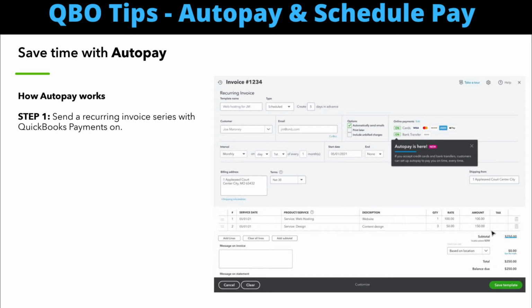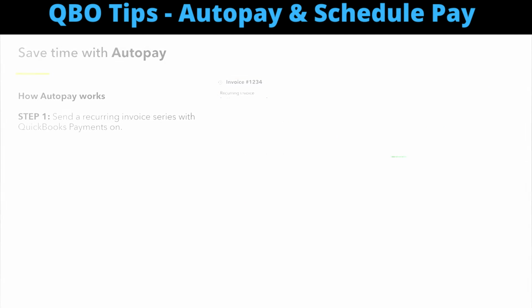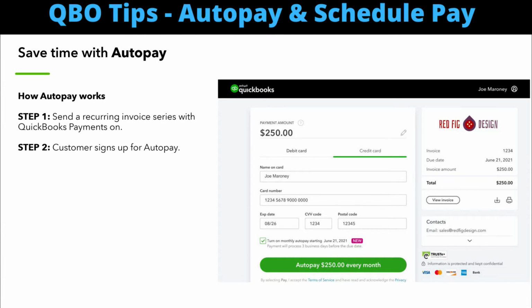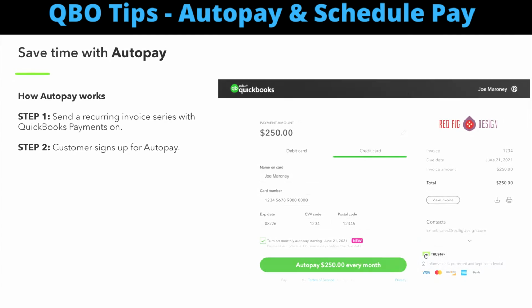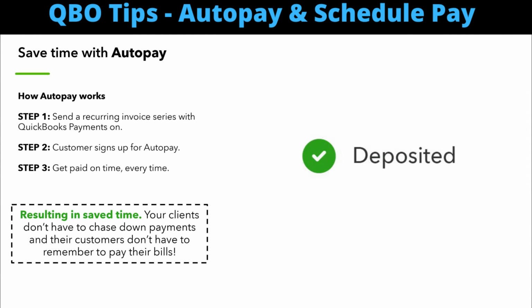Also, this only works on recurring invoices, so you need to set that up first. Additionally, this feature is set up for QuickBooks Payments, so you must have that set up as well. Make sure that your recurring invoice allows ACH or credit card payments, or both. Allowing them to pay this way will then give customers the option to save payment info and automatically pay these recurring invoices online going forward.